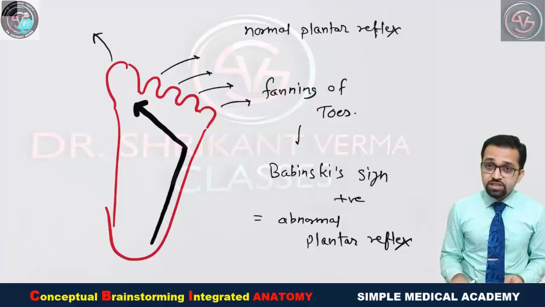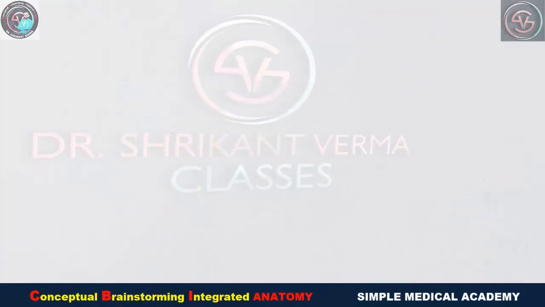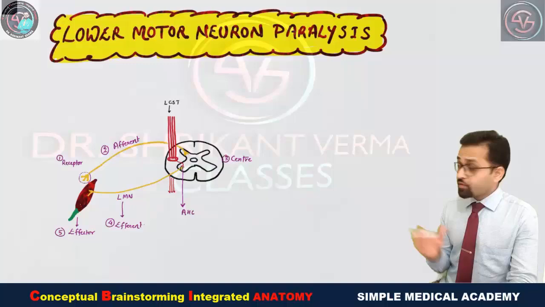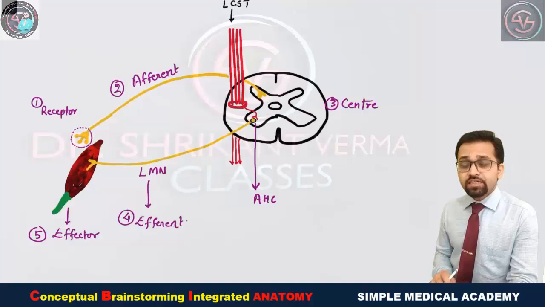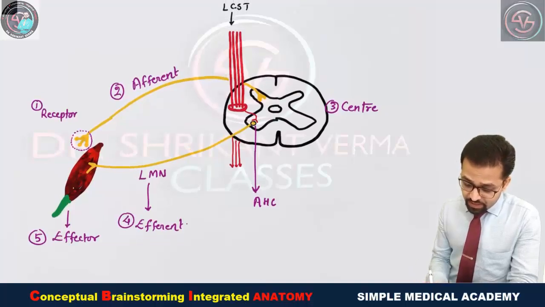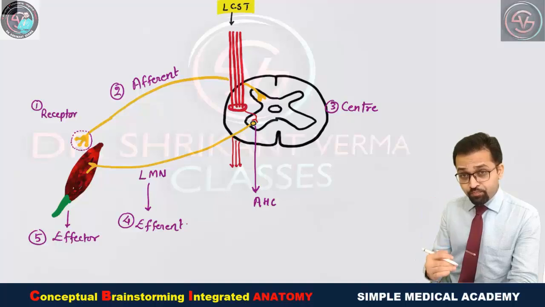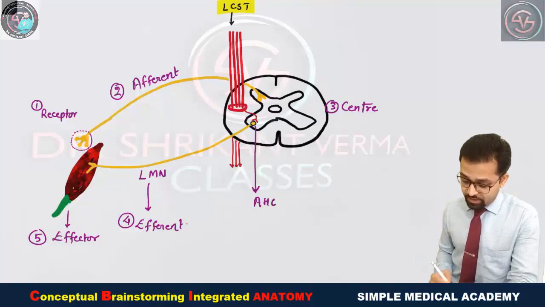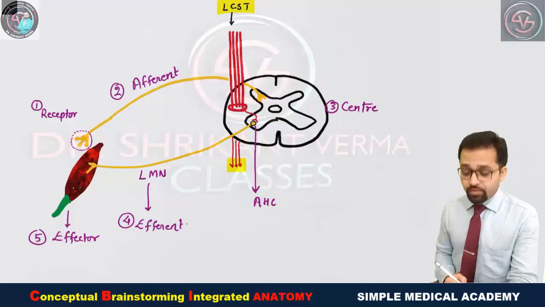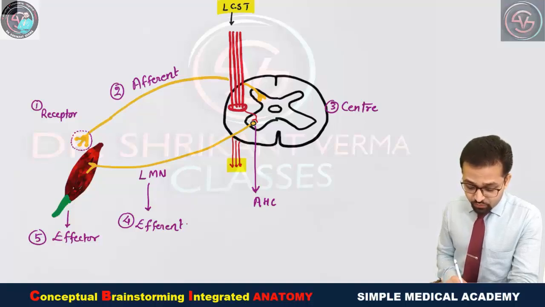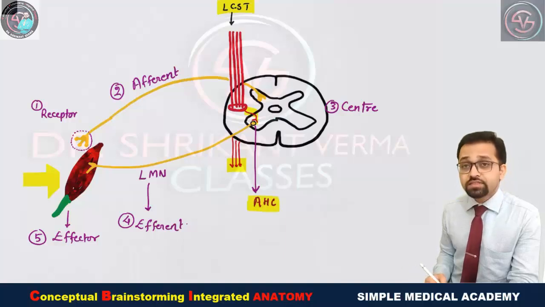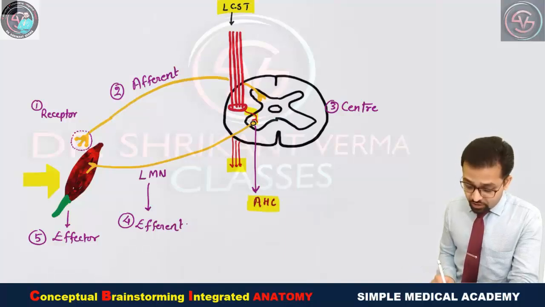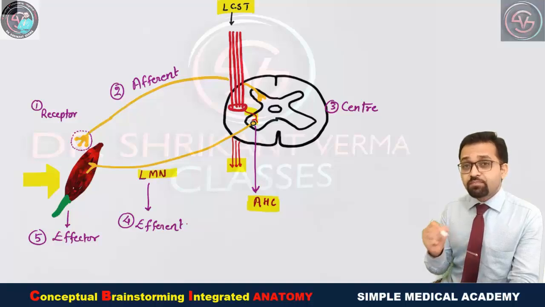Okay, so yes, just see the lower motor neuron paralysis. Now we are going to understand about the lower motor neuron paralysis. As you can see in this image, the lateral cortico-spinal tract is coming from above to the spinal cord segments and it is going downside. But when it has to supply any particular muscle, then one single fiber is coming and it is supplying the anterior horn cells, and from here another lower motor neuron is coming which is supplying the muscle.